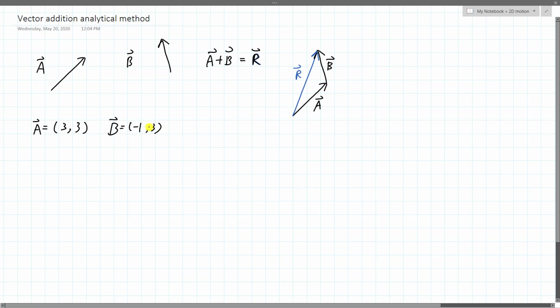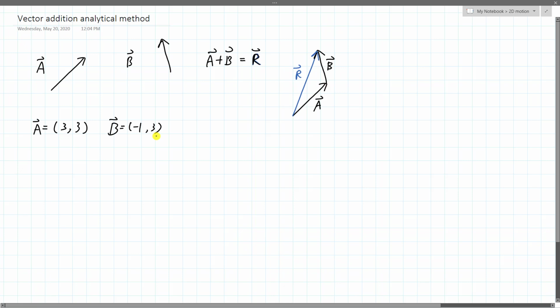So altogether, if you go A and then B, you go 3 steps to the right and 1 step to the left, then you end up going 2 steps to the right. And if you go 3 steps up and then also 3 steps up, then you end up going 6 steps up. So this tells us we can add vectors by adding their respective components, because 3 steps to the right and 1 step to the left they can add, but 3 steps to the right and 3 steps up do not point in the same direction, so you cannot add these 3's, right?